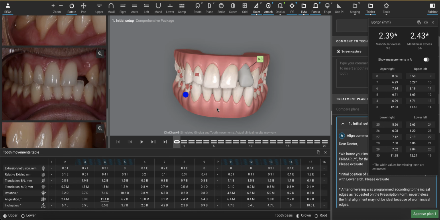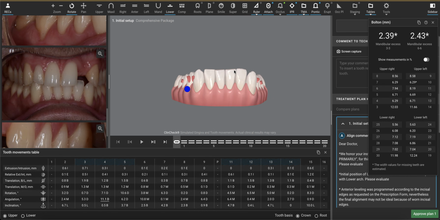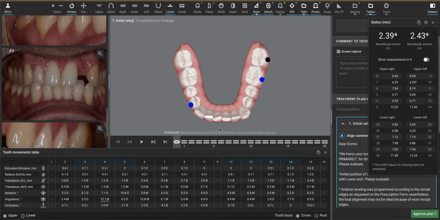So when do we do IPR in the lower? When there's not an airway problem and when there's triangular teeth. And these teeth are pretty rectangular. So doing IPR in rectangular teeth, slenderizing those, aesthetically looks funny. It's harder to do good IPR in these teeth. And I fear that we're running the risk of